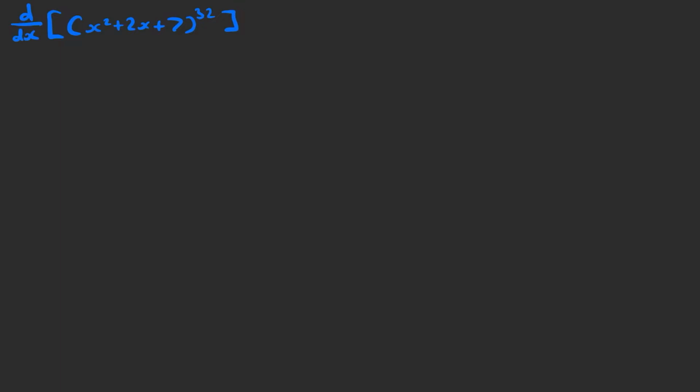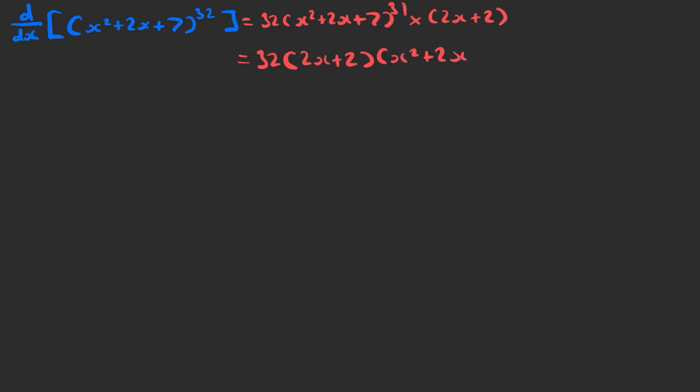So in this function, however, the derivative of the inside is not 1, so we will see the effect of the chain rule. This will be equal to 32 times (x squared plus 2x plus 7). So this is kind of what our power rule says to us, and this is f'(g(x)) times the derivative of the inside, which is 2x plus 2. So our derivative would be equal to (2x plus 2) times 32 times